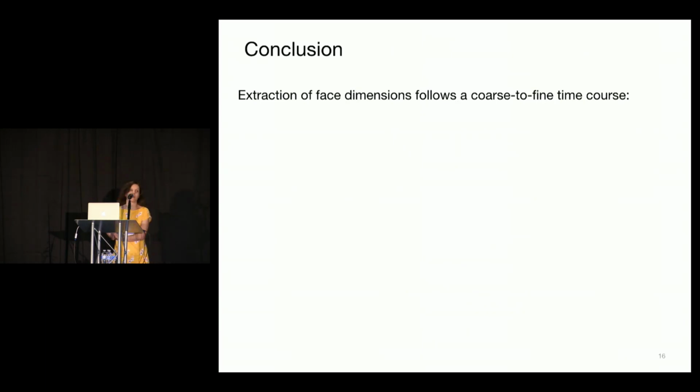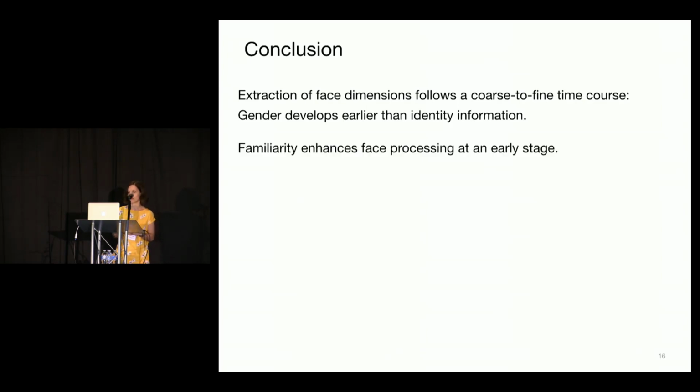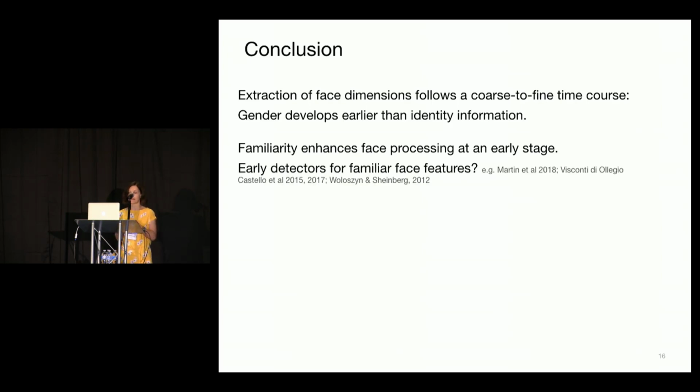To conclude, we find that the extraction of face dimensions follows a coarse-to-fine time course, such that gender develops earlier than identity information, and familiarity comes in much later. At the same time, we find that familiarity enhances face processing at a very early stage. And that seems to suggest that there might be some early detectors for familiar face features in